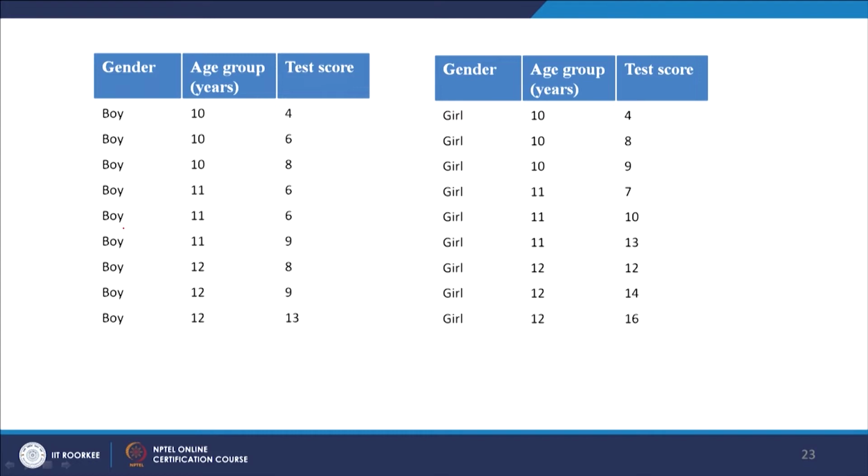Remember, all these boys and girls I could have numbered 1, 2, 3, 4, 5, 6, in fact, to avoid confusion for many people, because they are not repeated, they are always different. Similarly, this is also 1, 2, 3, 4, 5, we are not repeating here, right. So, these are all the scores you have got.